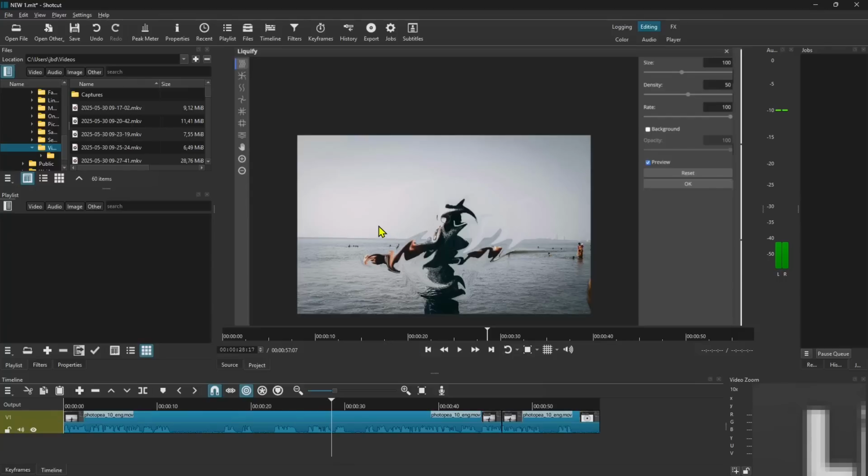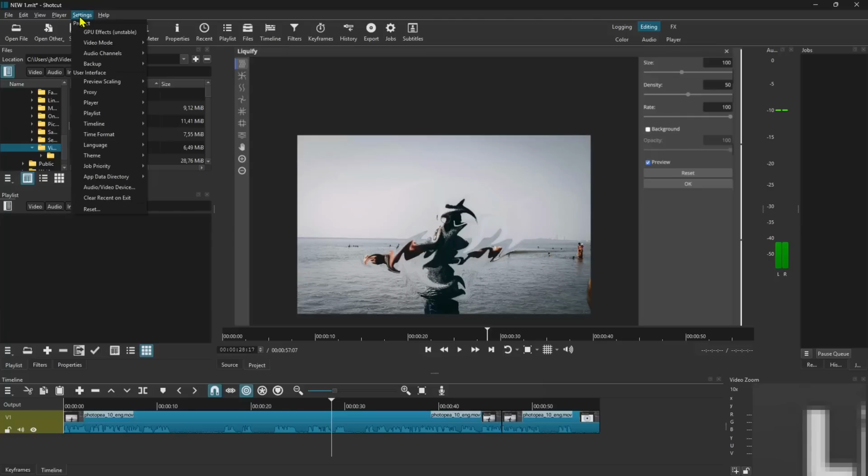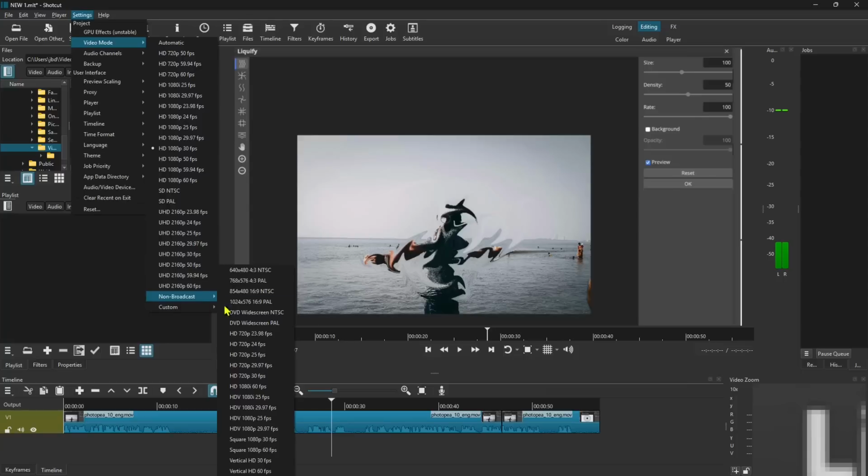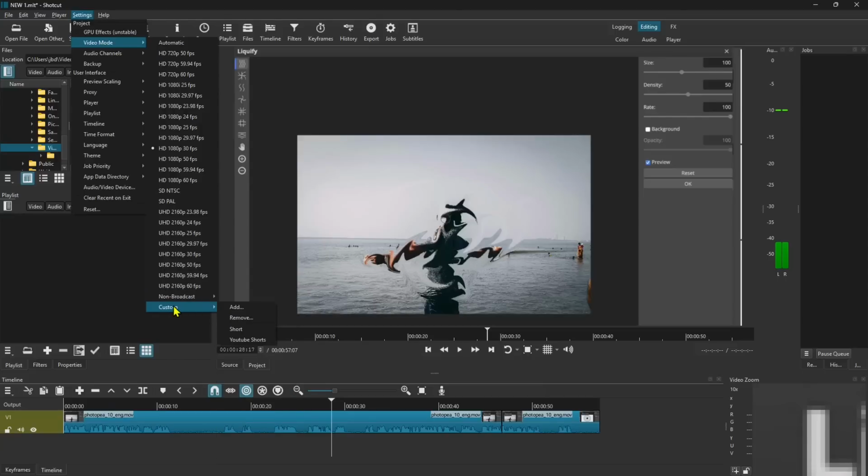We need to change the format. So I'm going to go to settings up here, and I'm going to go to video mode. This is where you change the resolution of the project. That's important. Not the resolution of the video, but the resolution and the proportions of the project. Right now you can see we are using the standard, which is Full HD. If I go down here, you also have non-broadcast, and here you can find vertical, and you can find square and others. So you can try with those, but I went for the custom